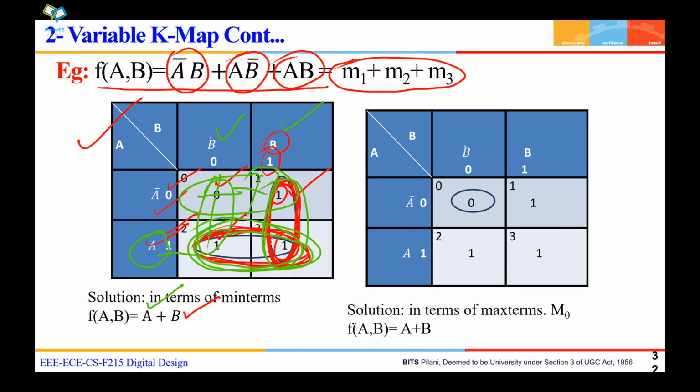Now when you group this, how to write an expression for this? See, here you have a bar. This a bar will get cancelled, and what is going to remain is only b here. Similarly, when you group this, 0 1 will get cancelled, and what is going to remain is only a. So the final expression will be a plus b. So you can see how this Boolean expression is reduced to a plus b using this Karnaugh map. Hope you understood this.